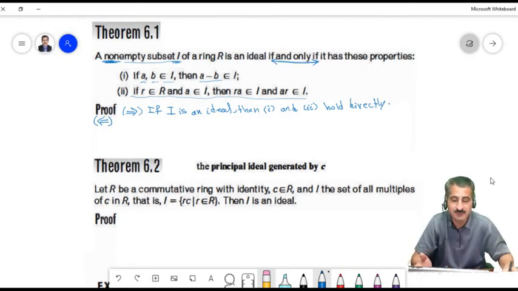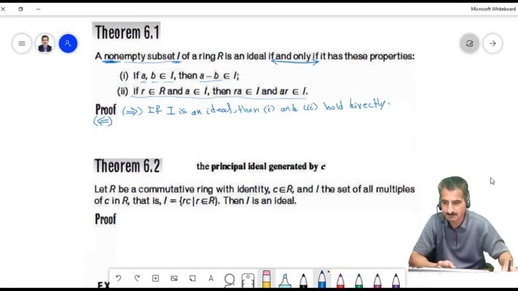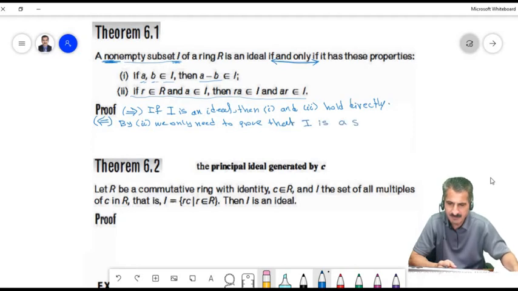So it is already given. So by 2, we only need to prove